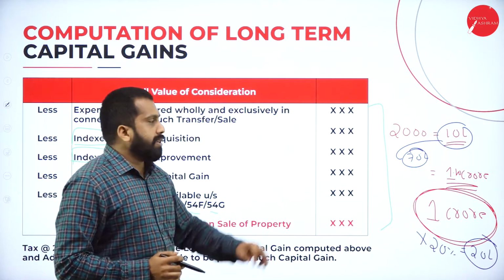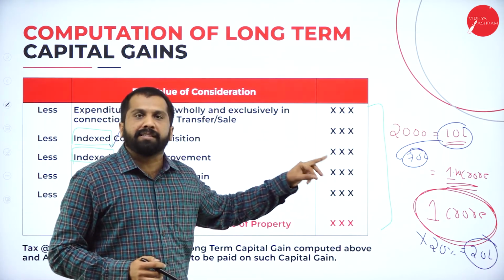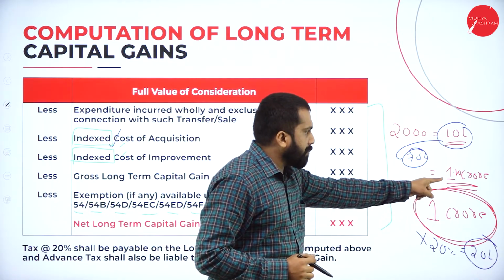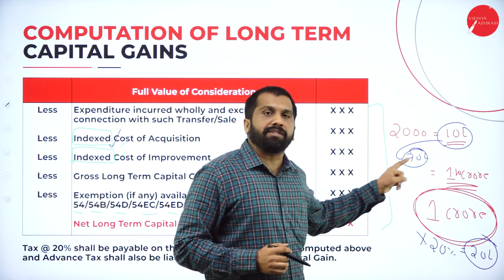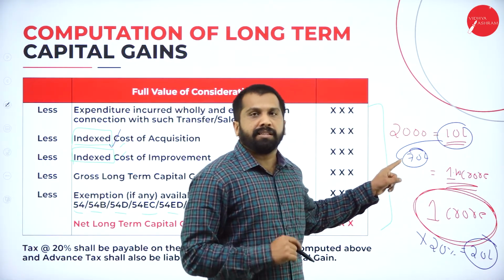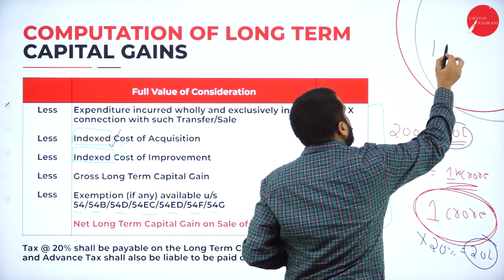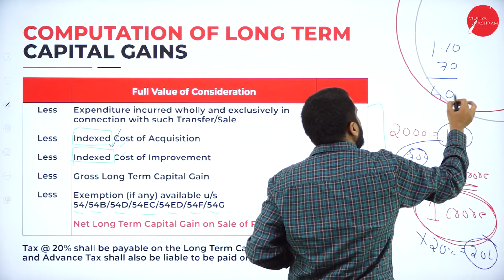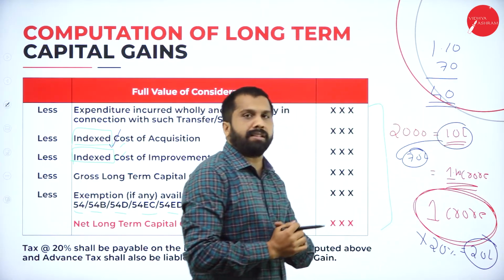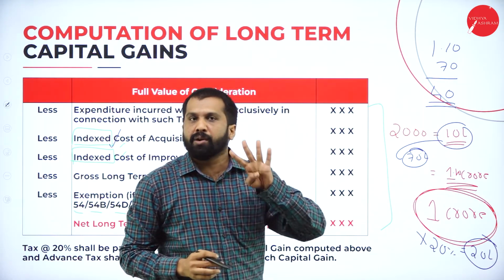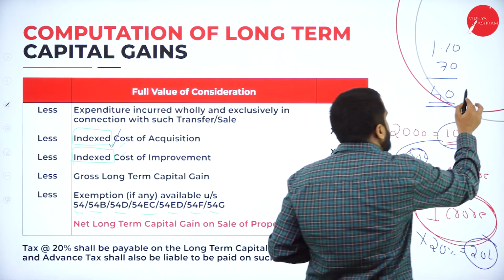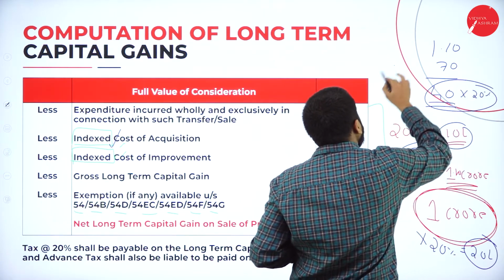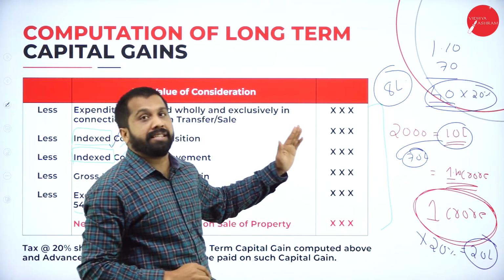Your price of 10 lakh will be converted to the current money value. Now what happens? Your 10 lakh is converted to what price? 70 lakh. Now you calculate. You are selling at what price? 1 crore 10 lakh. What is your cost? Index cost 70 lakh. 1 crore 10 lakh minus 70. You are supposed to pay tax only on 40 lakh. What is your capital gain? Only 40 lakh. On 40 lakh, 20% will be 8 lakh. Hope you are clear what is index.